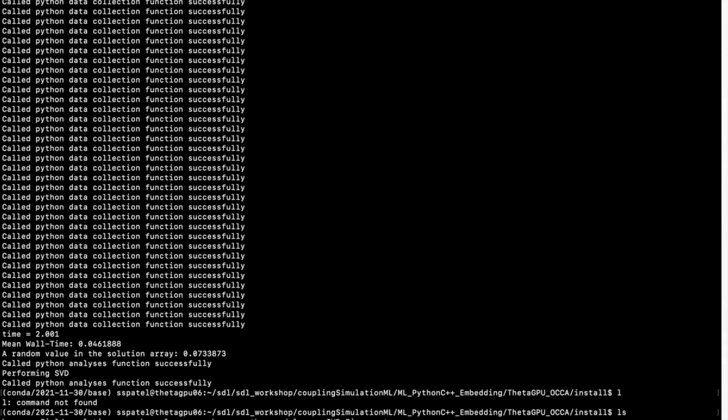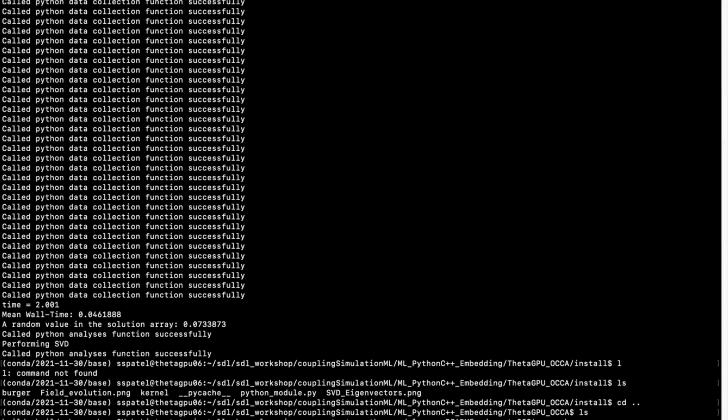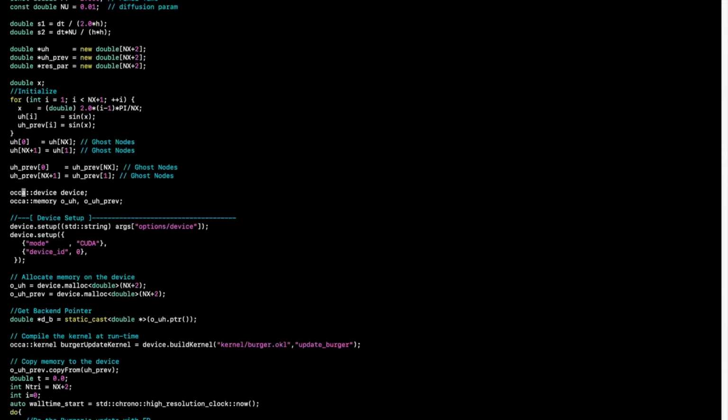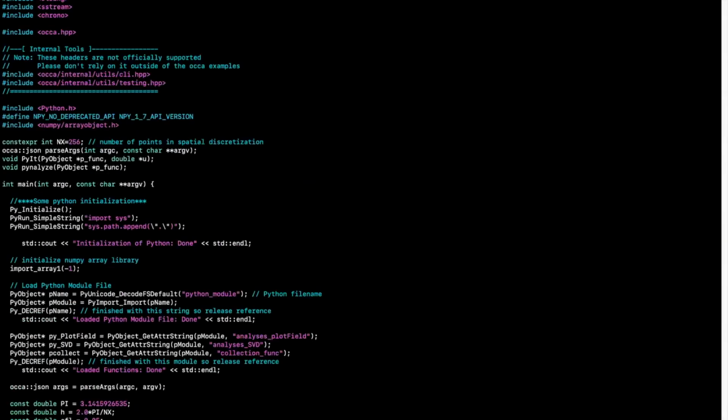What I want to do in the last few minutes is just go into some of the key features here. So like I said, this application uses Oka, and Oka is a performance portable abstraction layer that allows you to run using different backends. So you can use CUDA if you're running on CUDA hardware. You can use SYCL for Intel hardware, HIP for AMD,